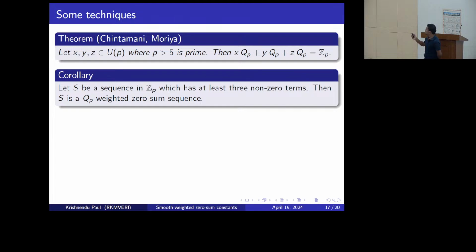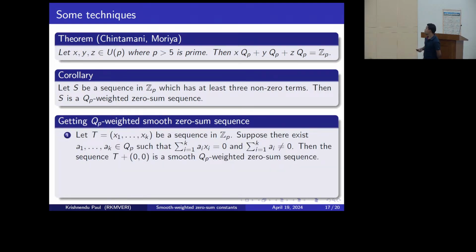And using this corollary, we are getting two sufficient conditions for a smooth QP weighted zero sum sequence. First one is that if we get some sequence such that its weighted combination is 0, but the sum of the weights is non-zero, then if we append 0 to the sequence, it will be a smooth QP weighted zero sum sequence, applying the corollary. And next one is that,